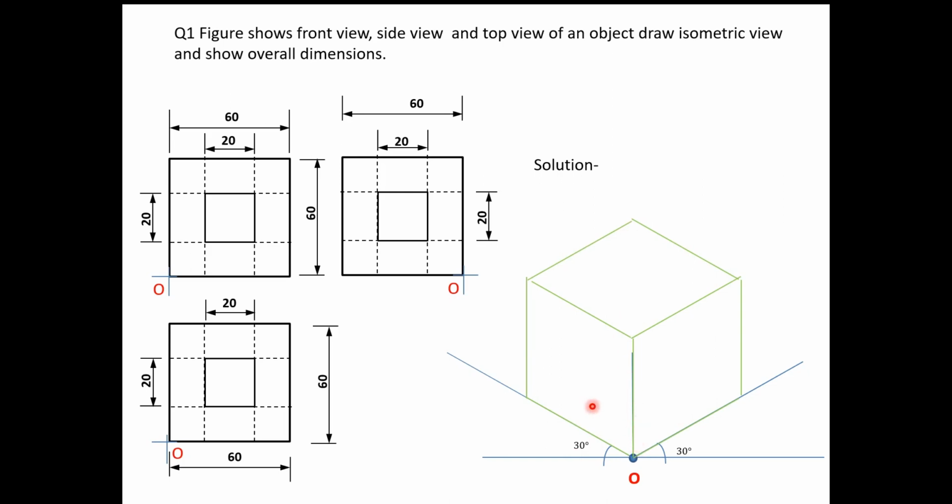Now let's start with the drawing. So first we will give the dimensions, then 60, 60, 60. Now on origin, okay, we start from this origin, we start the left hand side view. So origin, this edge is visible, so I will draw this edge. This edge is also visible, this edge is also visible, and this is also visible. So all these edges are visible on the origin.